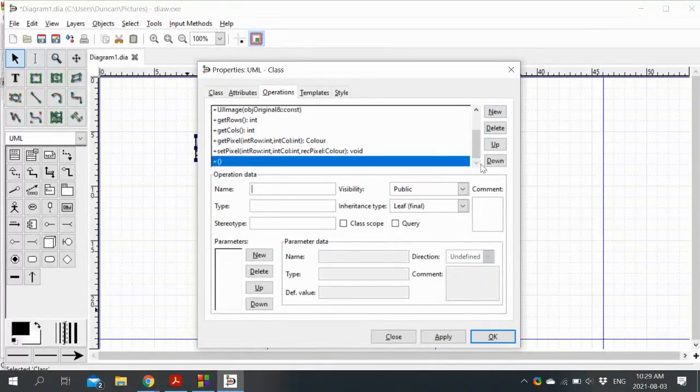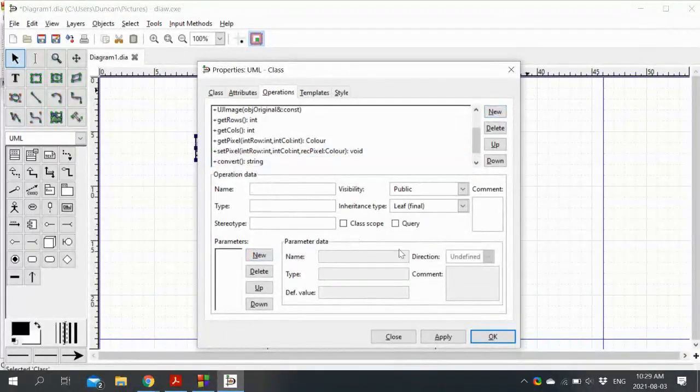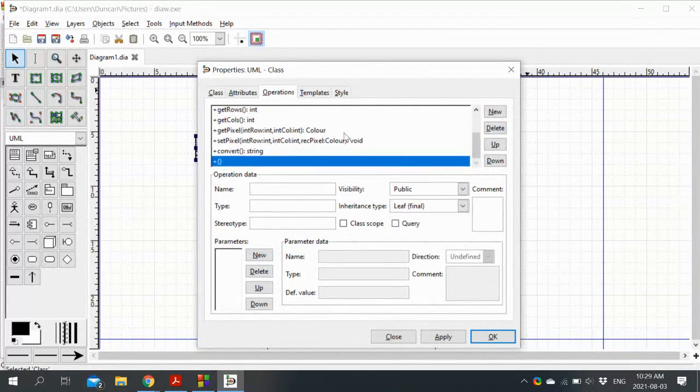Right, and then we will have our conversion function, which will give us convert string and the parameters, and then we will have our destructor.